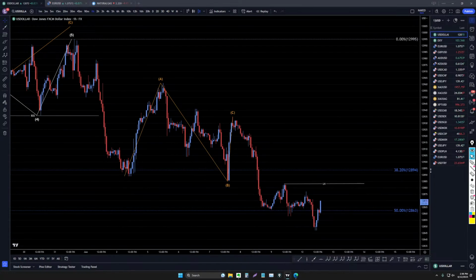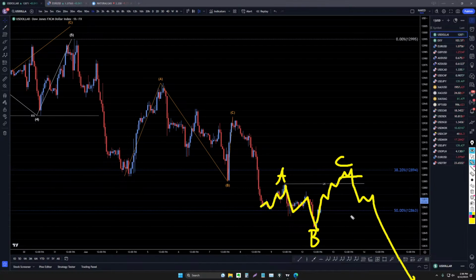Now, one thing we have to notice on the US dollar is that we definitely made 3 waves down right here. So I'm actually starting to think that this is a wave A, this is an irregular wave B, and this move up may actually go up and break structure, and it could be the wave C. And then if it goes up, breaks structure to the downside, takes out structure, and heads back down at tomorrow's CPI news,